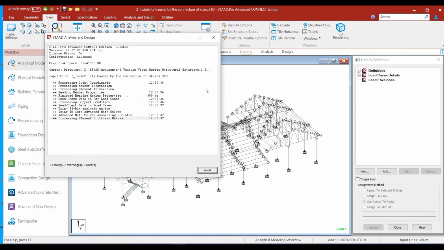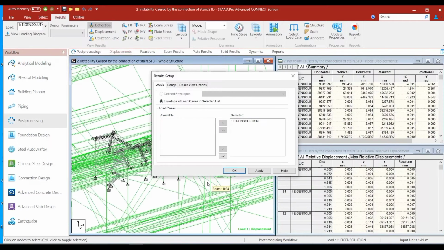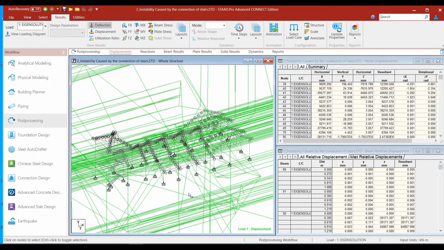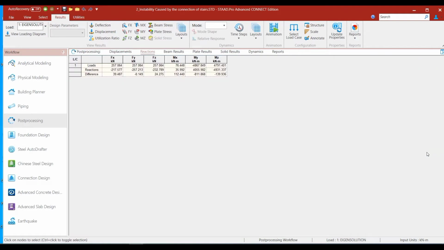Now, one of the things that we need to understand is if the structure is stable, then the equilibrium check will be satisfied. So that is what we are going to check. We are going into the post-processing mode to check whether the equilibrium conditions have been satisfied or not. To find that out, we go into the reactions option and expand the statics check table, which is nothing but